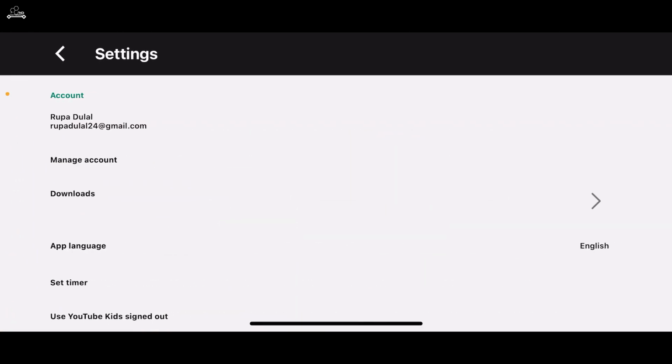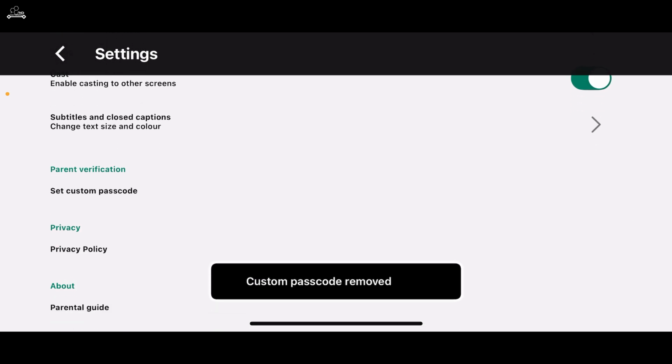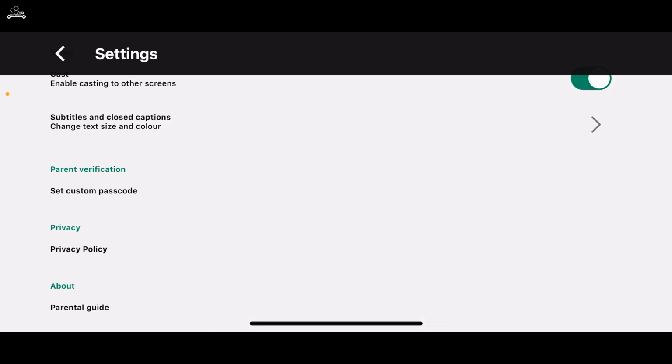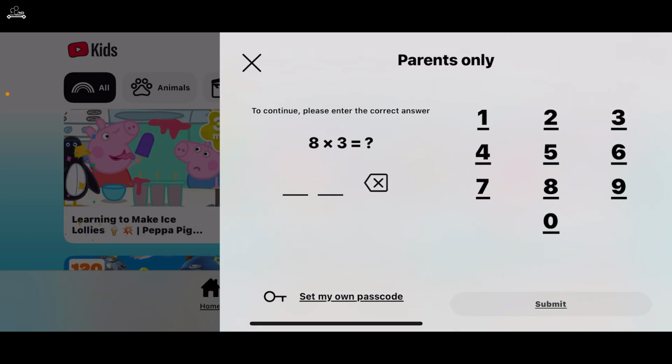From the settings menu, go ahead and scroll down and look for the delete passcode button under parent verification. Now your custom passcode will be removed. You can then go back and whenever you open up the gear button, you will then be asked to solve